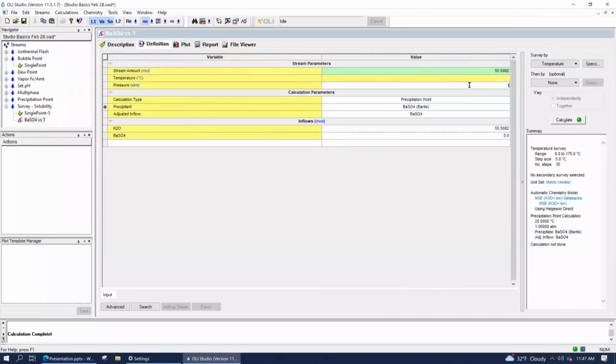If I were to set this to 100, I'm changing the spring load so that now I've got a confining pressure of 100 atmospheres on that. I set it to 50, it's got 50 atmospheres.